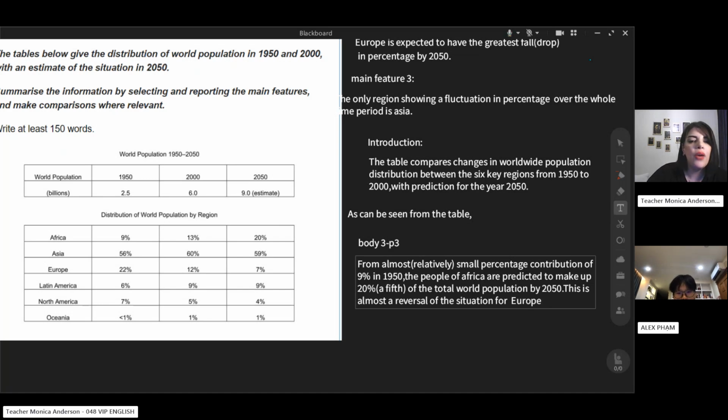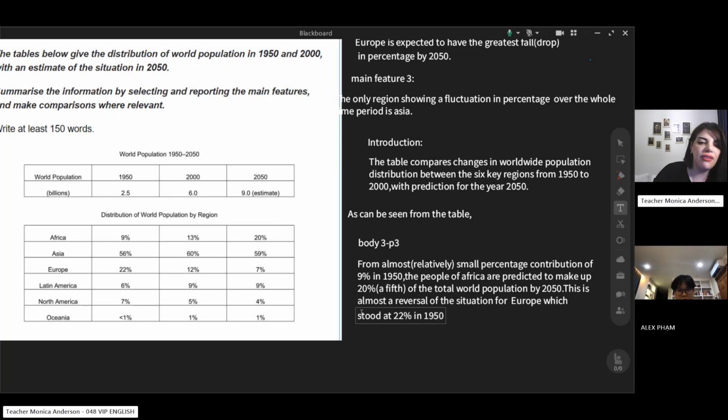Yeah. What happened? Which fell? Yeah, like, of course. As you can see, the highest percentage is 22. So, which stood at 22%